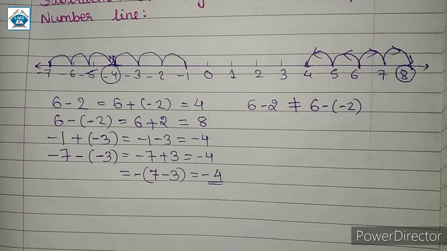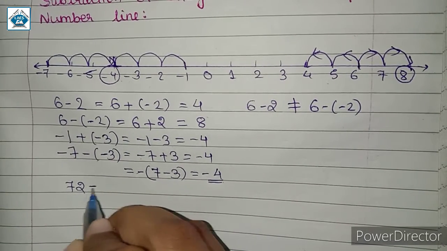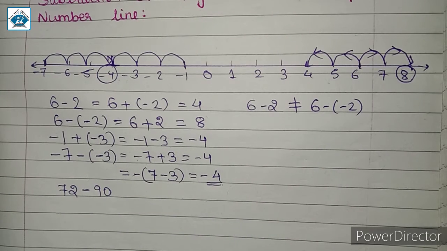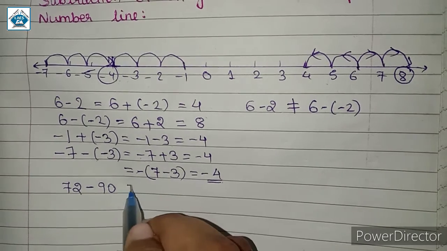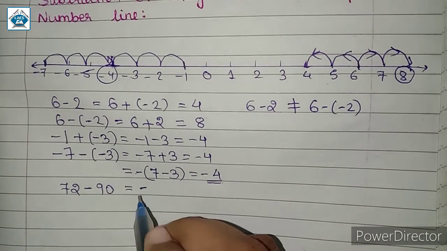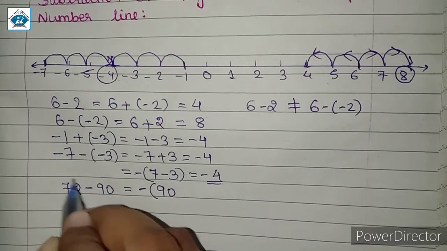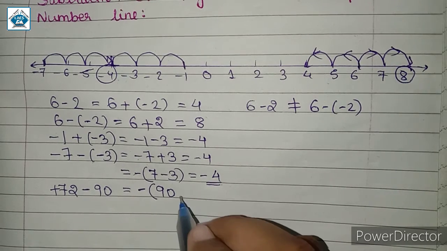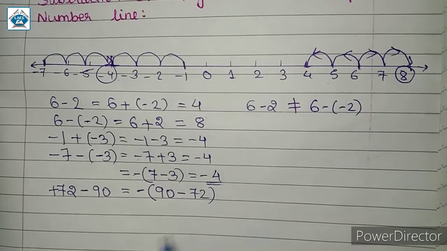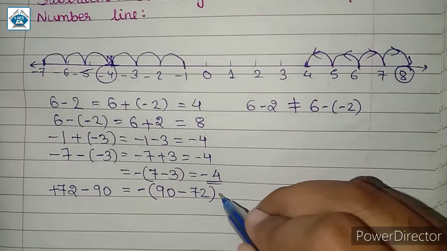Let us consider a few more examples. If we have to subtract 90 from 72, 72 minus 90 करना है तो क्या करेंगे, यहाँ पे भी हम लोग माइनस का साइन जो है वो कॉमन निकालेंगे. सो यहाँ पे when we take minus common, minus 90 will become plus 90 and plus 72, यहाँ पे कुछ नहीं है, then that means it is a plus. So plus 72 will become minus 72. ठीक है, अब इसको ये minus 72 कैसे बना, तो हम लोग ब्रैकेट ओपन करके इसको चेक कर सकते हैं.